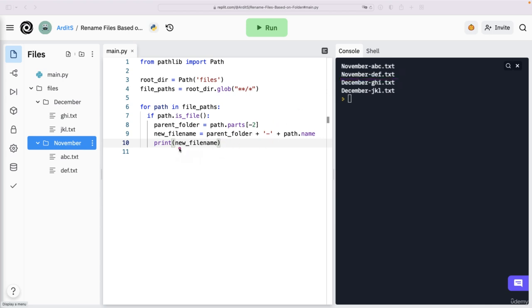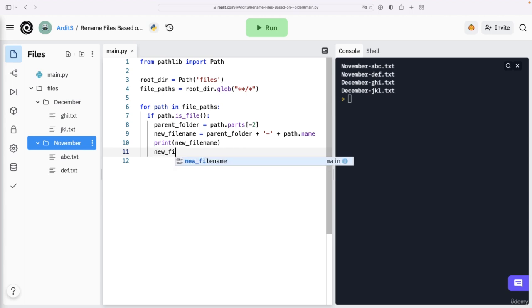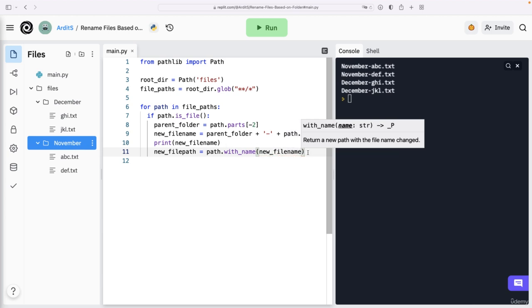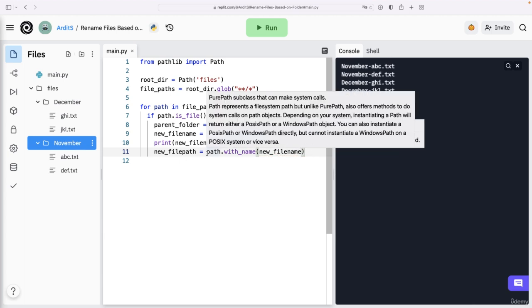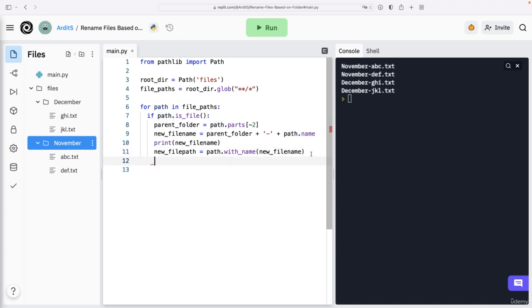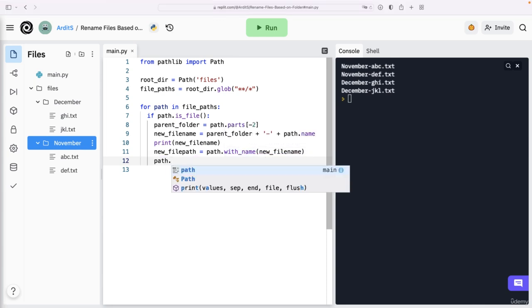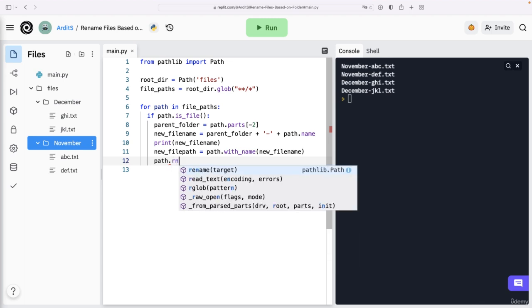But it's just a string for now, so let's construct a path, and then we rename that path. So the new file path equals path.with_name. The name should be a string, so new file name. So the new file path will be that path, but with a new name. So basically we are creating a new path object in here, right? A new path object. And then we apply rename